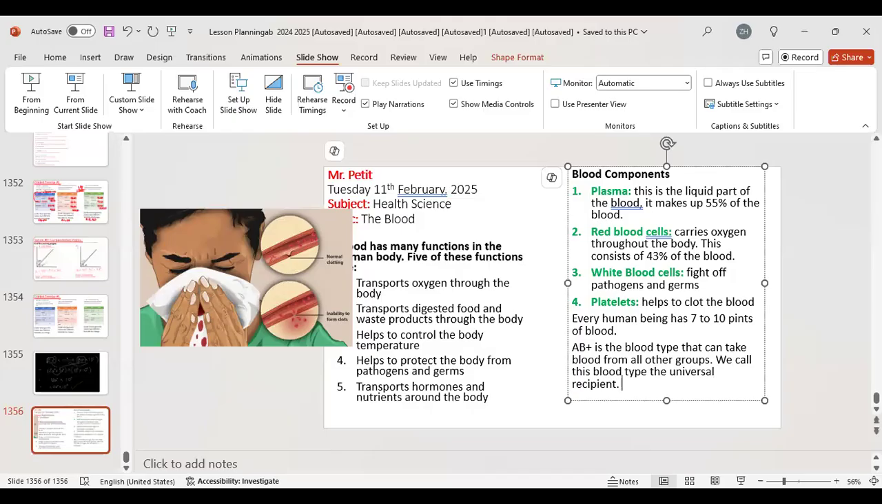And who is the universal donor? O negative. O negative, right? So while O negative